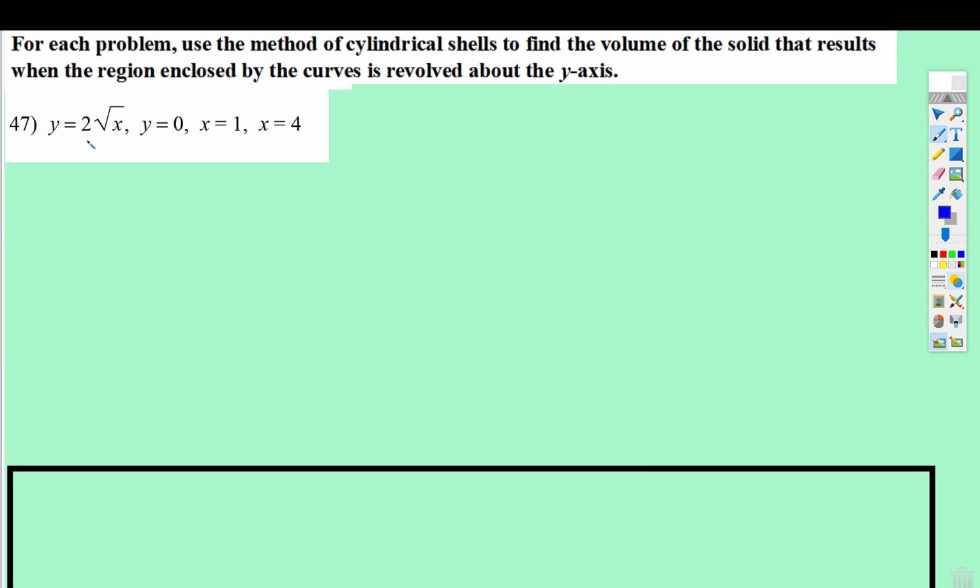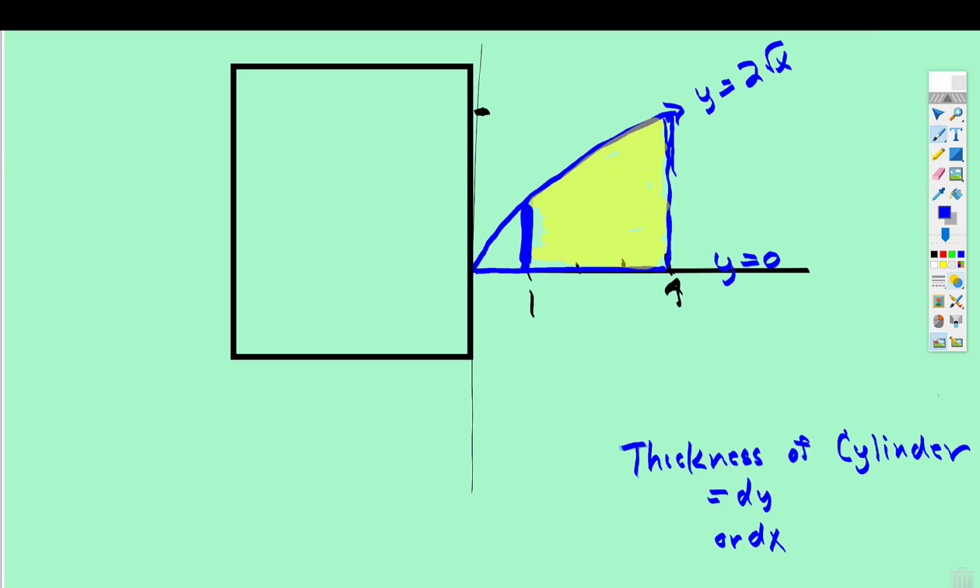This tells us what one of the functions is. Y is equal to 2 times the square root of x. The other function is just y is equal to 0 between 1 and 4. So let's look at what that looks like. So this upper function is y is equal to 2 square root x. This lower function is y is equal to 0. And where we're looking is just the region between x is equal to 1 and x is equal to 4. And it says we're going to revolve around the y-axis. That's what that means, by the way, when you see that. So when we do that,